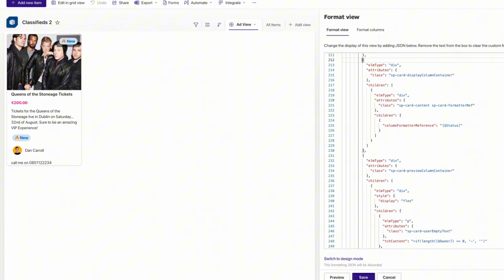And a handy way to know how far down to delete is if you bring your cursor up to this bracket just above that, it's basically saying that everything between this guy and this guy is all the stuff related to status, and we don't want any of that. So what we're going to do is delete it all. So I'm going to come down here and select all of that right down to here,